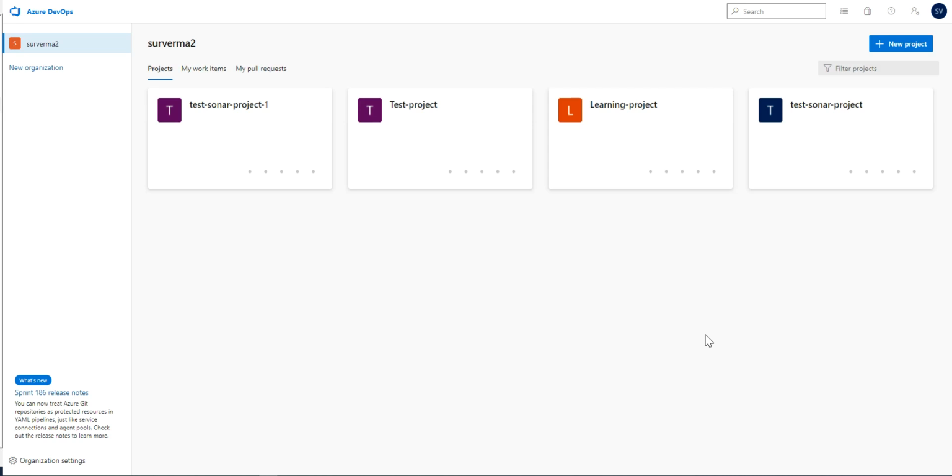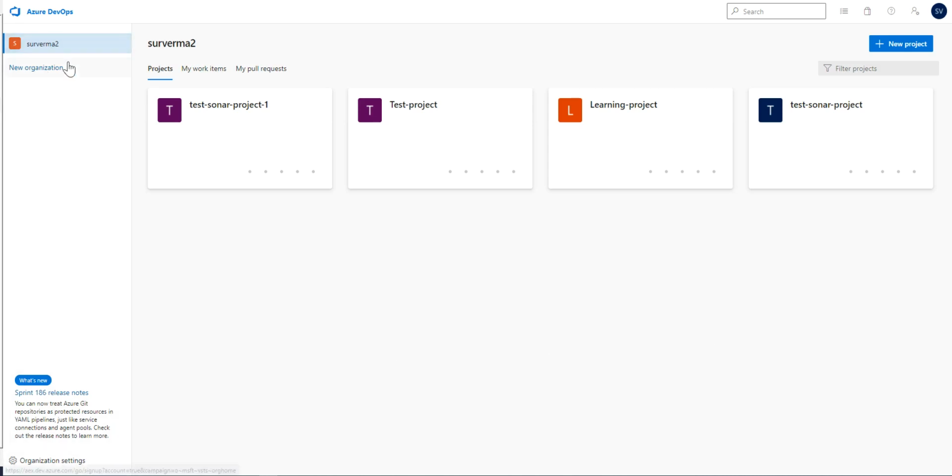The first thing is, what do you understand by parallel jobs in Azure DevOps? Whenever you define a pipeline in your Azure DevOps project, that pipeline could have multiple jobs that will be running in parallel. But here is the restriction. Whenever you subscribe to Azure DevOps and create an organization, there are a few limits on the parallel jobs that you can run on your subscription or organization. If you are using the free plan of Azure DevOps, there are restrictions. You cannot use more than a limited number of parallel jobs. I will start by showing that to you.